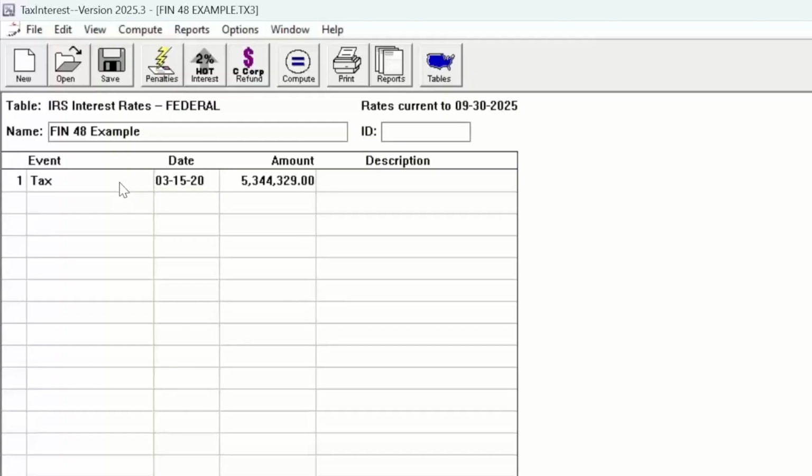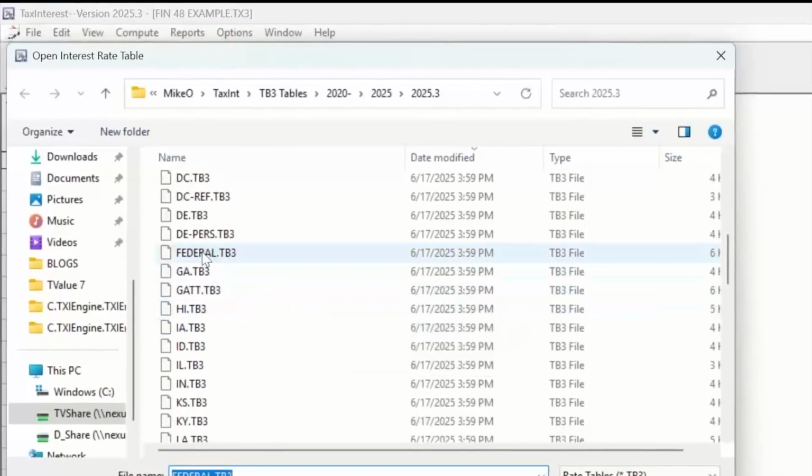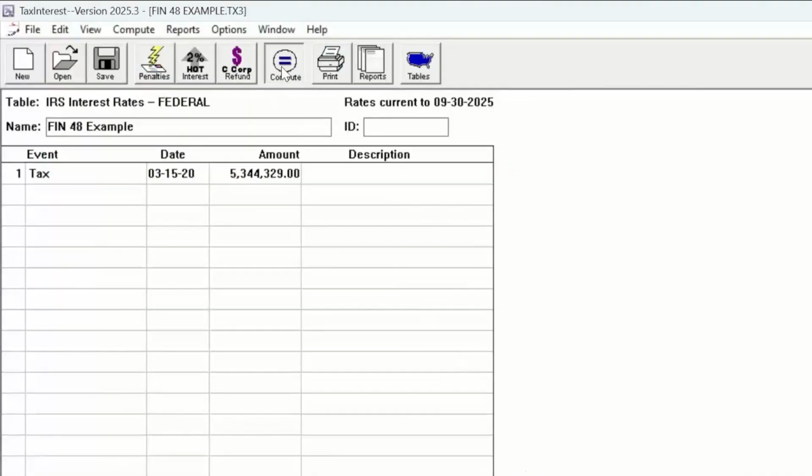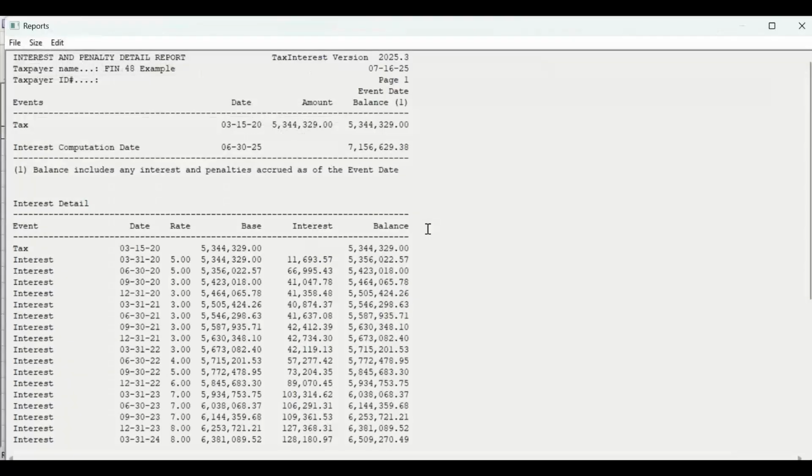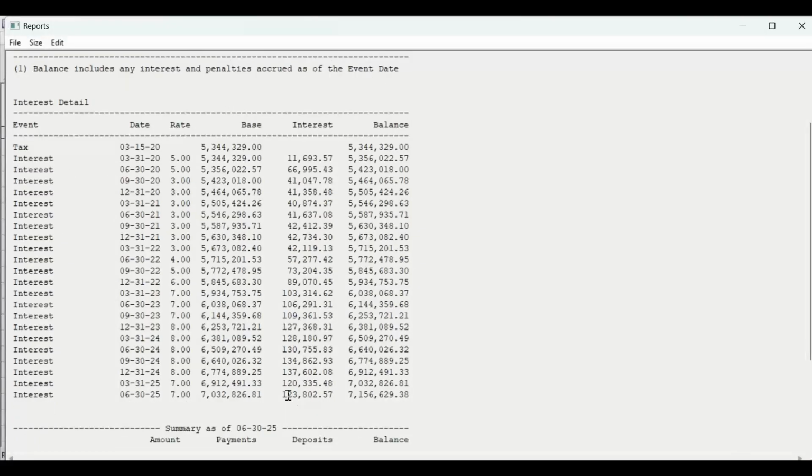Currently, you may be using TaxInterest software, shown here, to calculate IRS, state, and international interest accruals, and then manually transfer the calculated numbers over to your UTP tracking spreadsheet. The process might involve entering the date, the amount of the tax, selecting the interest rate table, clicking on the Compute button, and calculating for the appropriate date, the second quarter of 2025, for example,